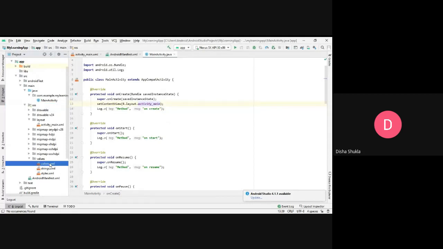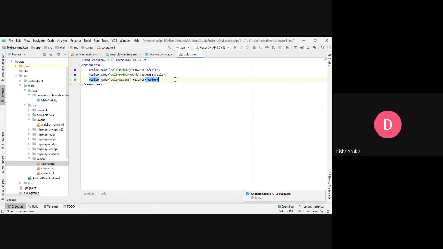So going to the colors.xml, all the colors that you want to use in your project, you can name them according to yourself and mention its hex code. Okay, write a question over here. I want to know, what if you want to use the RGB color, can you mention it in colors.xml or not? And if not, how can you provide RGB color in your app?